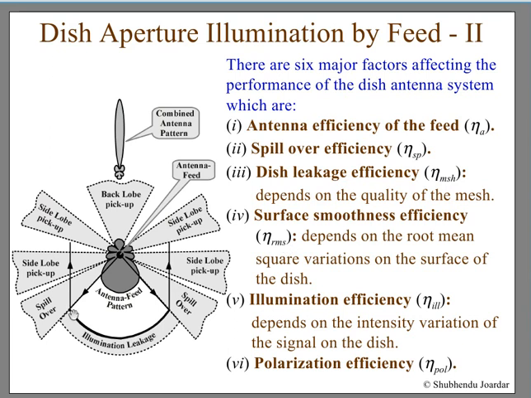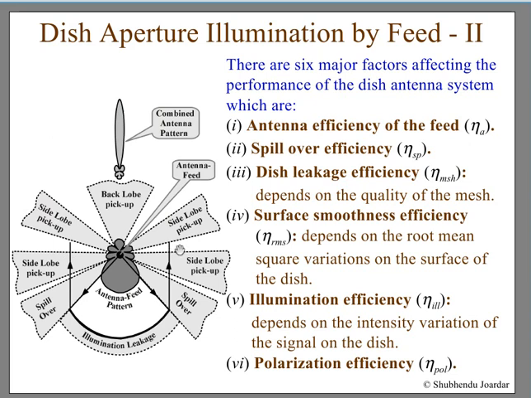So now you also know that when you make a practical dish, you have to make it as smooth as possible and ideally as close to the paraboloid shape. But then what happens is the dish surface may not be smooth. It may have small ups and downs, and as they get compared to the wavelengths, the losses will be more, because